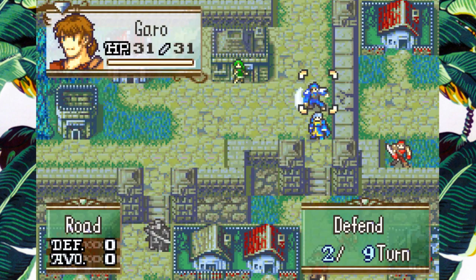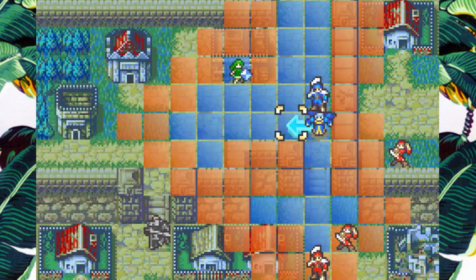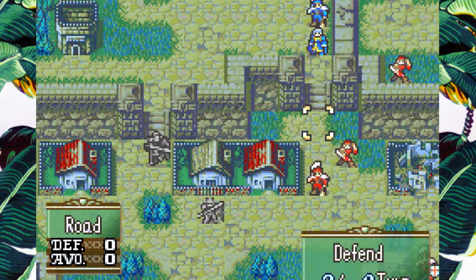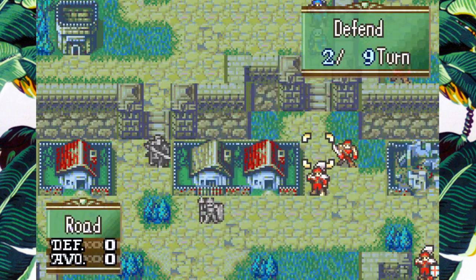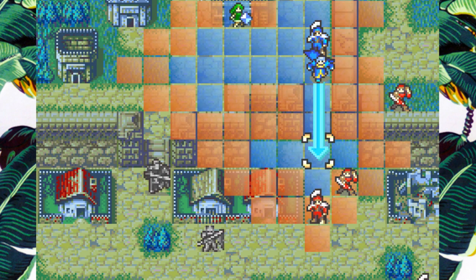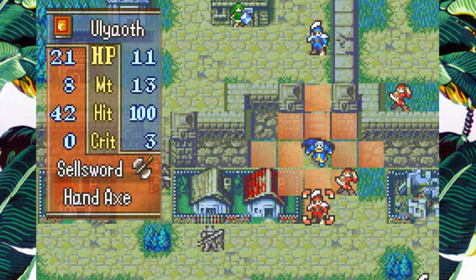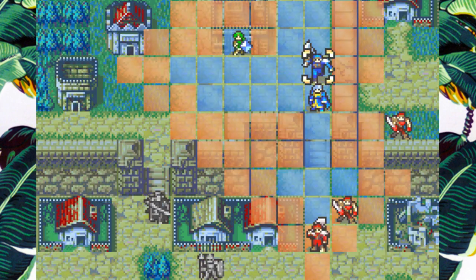Let's see. Thinking... 1, 2, 3. You have a hand axe, right? Something stupid. 1, 2 range, man. Annoying. 1, 2, 3, 4, 5. How much damage do you take from him? You'll live, but barely. Okay. So...